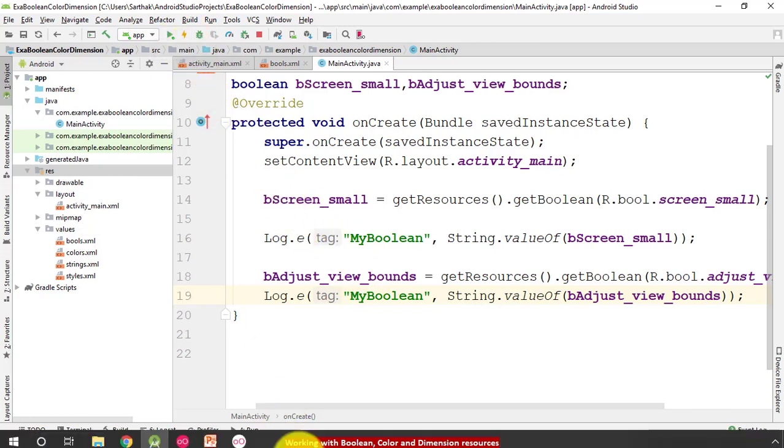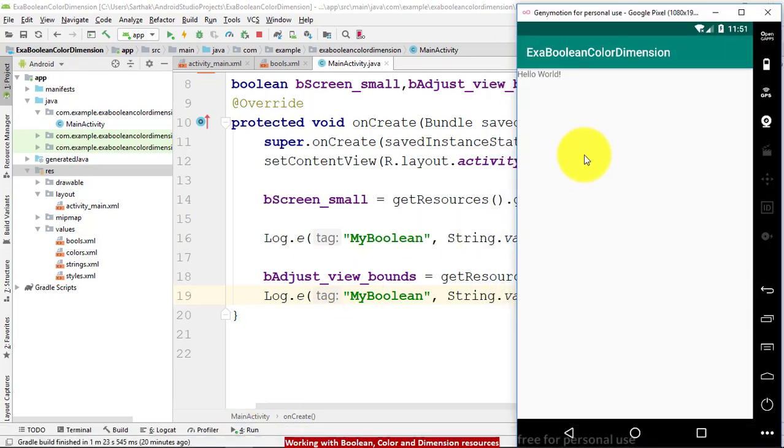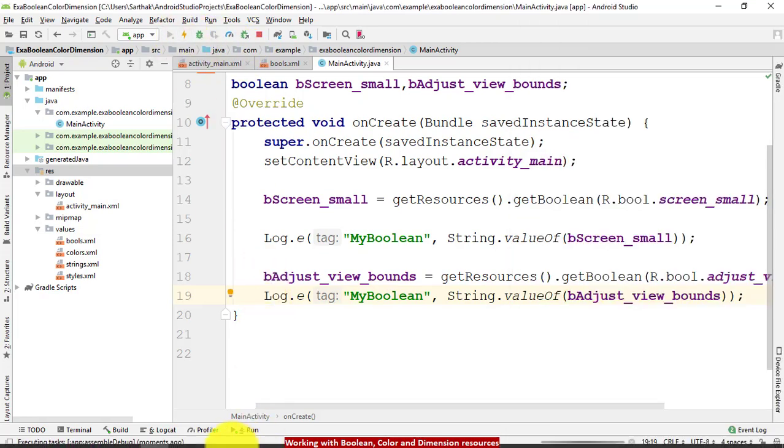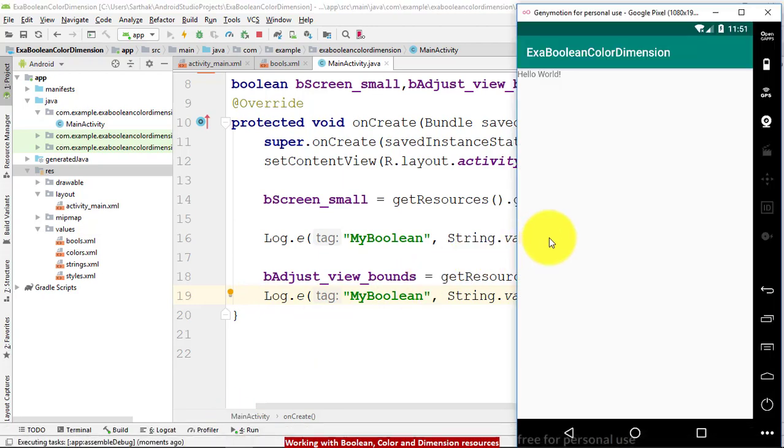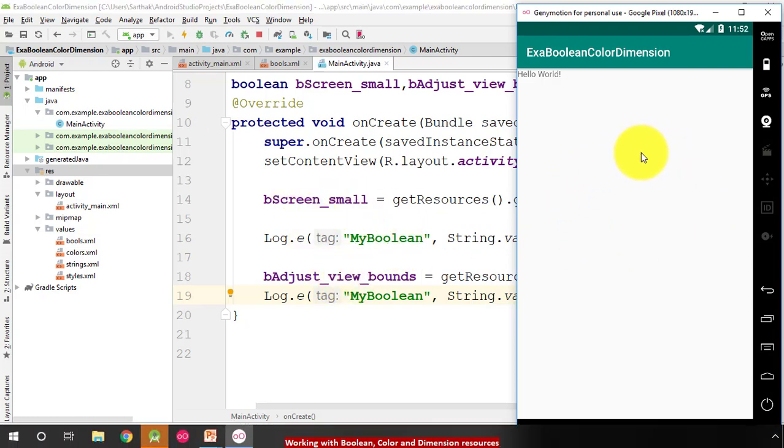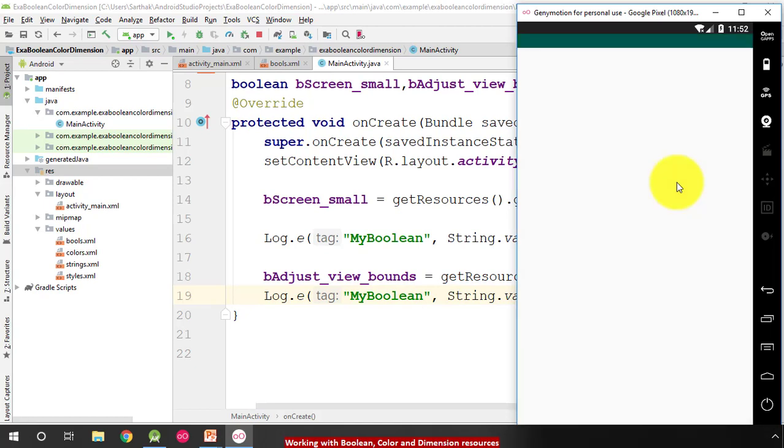I have already run my program in Android Studio. If it is already running, then press the apply changes button only and it will display your output. Now after the successful run of your program, these two variable values don't display on the activity screen. So to get the values of these two Boolean variables, we are going to use